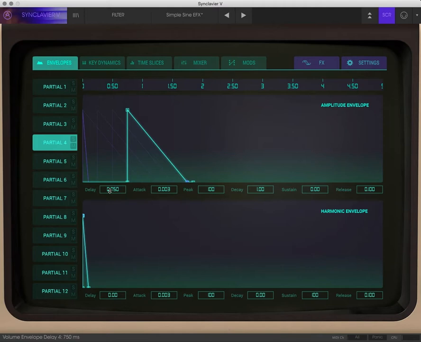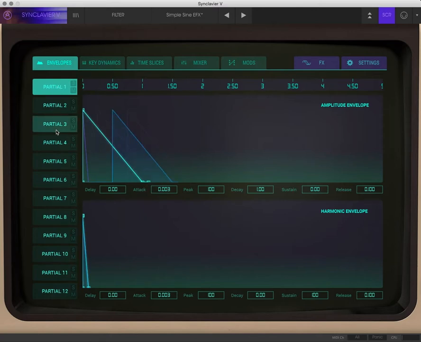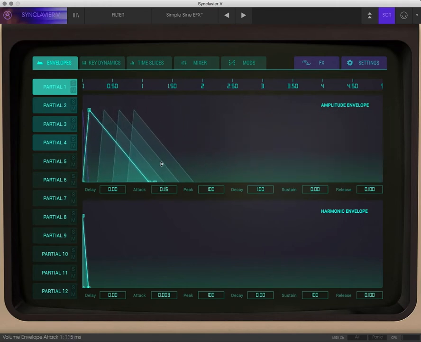But the nice part now is that I've got all of those values and all of those envelopes to work with. If I select my first partial and shift select the last one, it selects all of them, and then I can change all of those values at the same time, and it leaves the delay intact. So if I raise my attacks, for instance, like that,